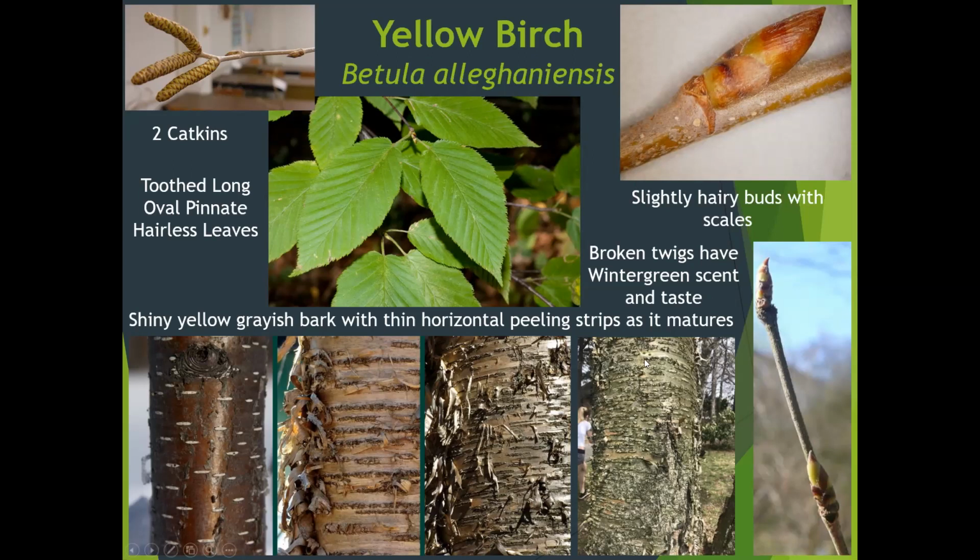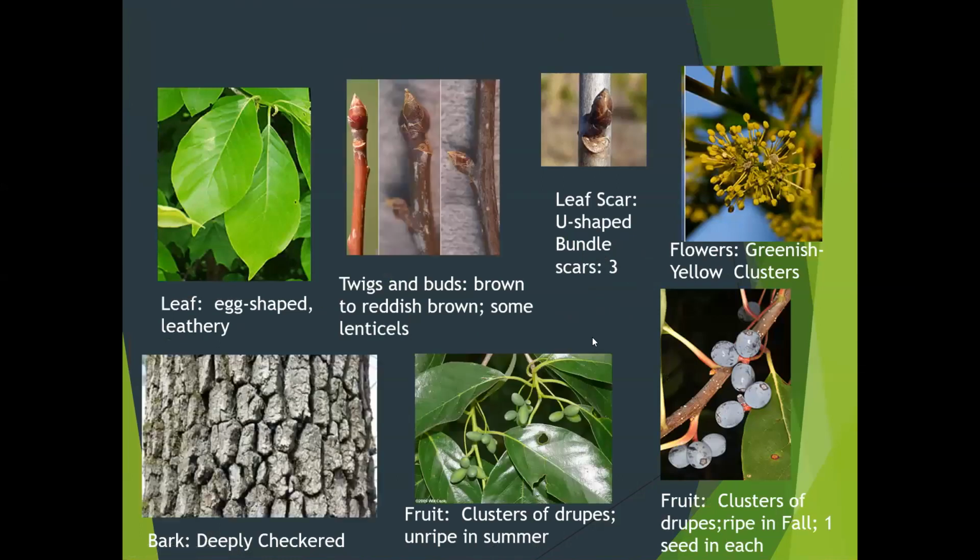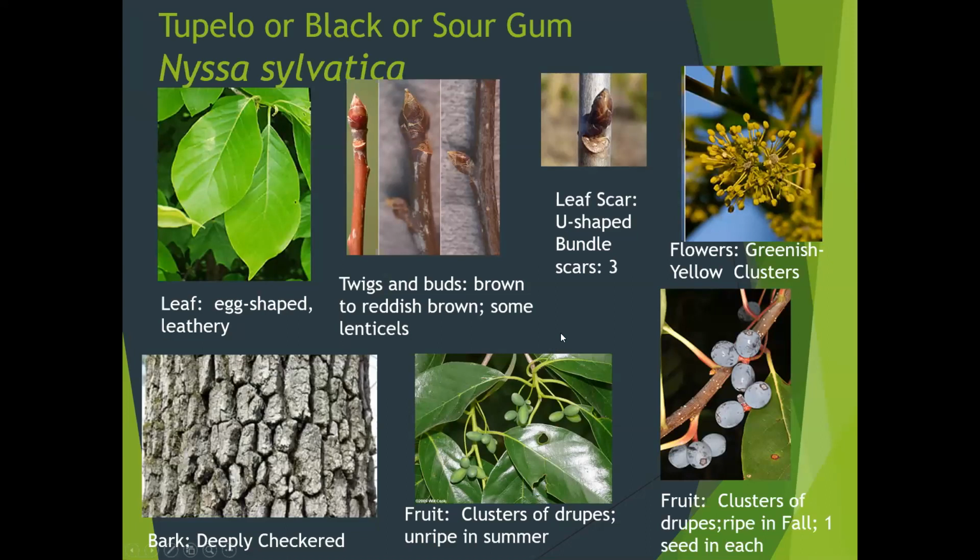And just like the other birches, they start off with a copperish brown color with the lenticels still present, but then it starts to develop a golden yellow or a grayish yellow color. And then the strips that peel off are much thinner than a paper birch would be. Then it starts to become quite shiny. If it's in the sunlight, you'll be able to see this kind of matted shine to it. And we can move on from there. That's good. So moving on from there, we are moving on to